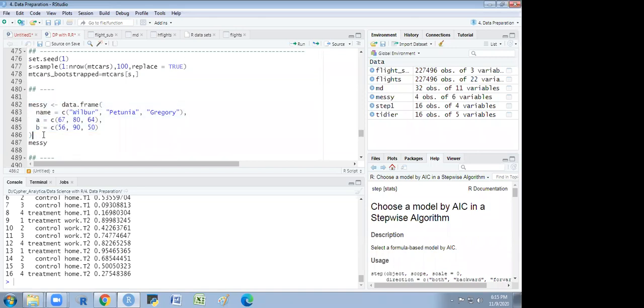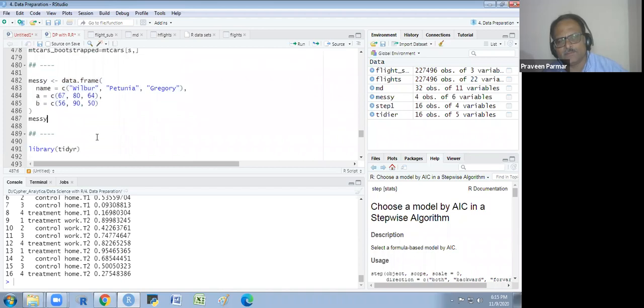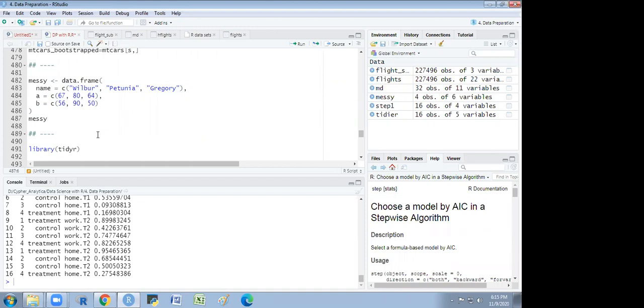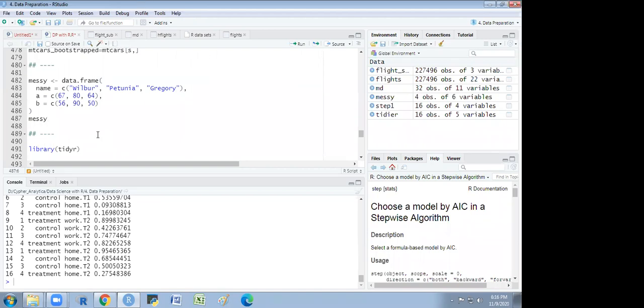You have this script? You run it. First you run this. This is the data frame we created, and this data frame name is Messi. So you run it and then you try. This is your self-made data frame. Like it was showing object drug not found. Now it's showing that.